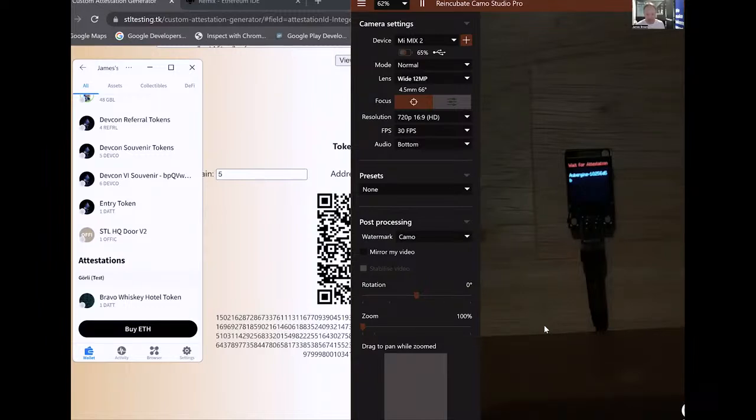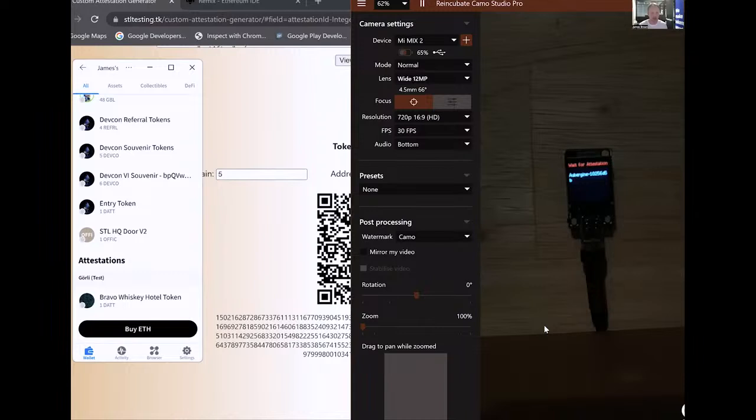So in lieu of a door, I've got a small device which is standing in for a hotel door. You can see that there's a challenge. If you look carefully, you can just about see a challenge on the little IoT device script.